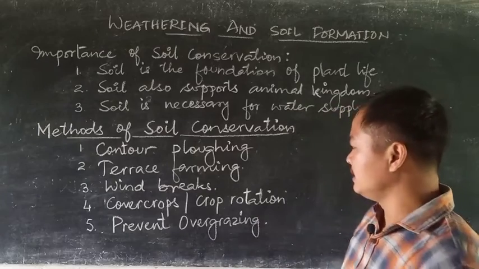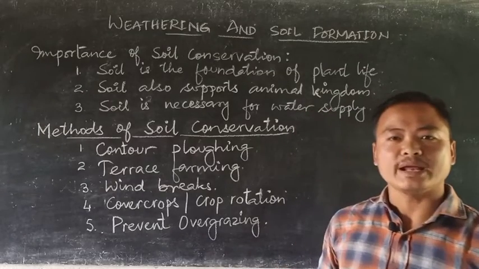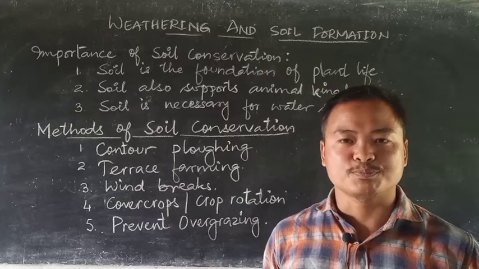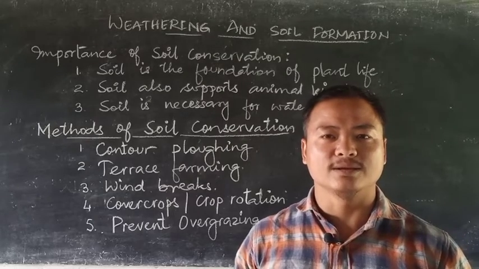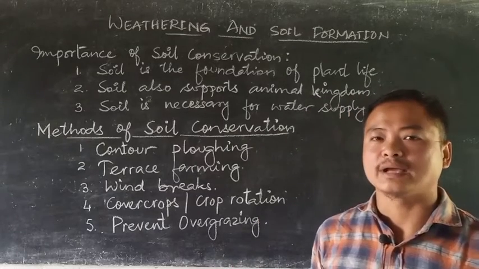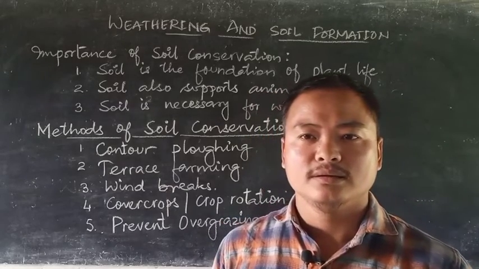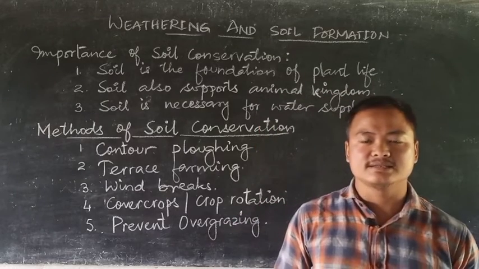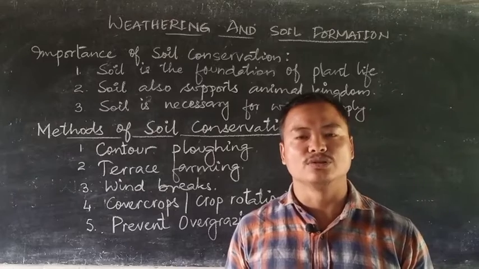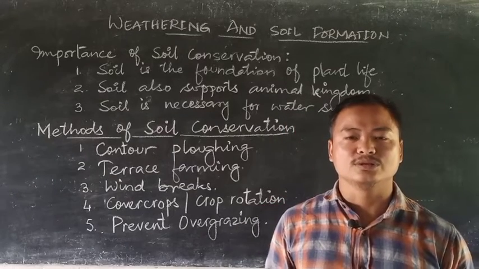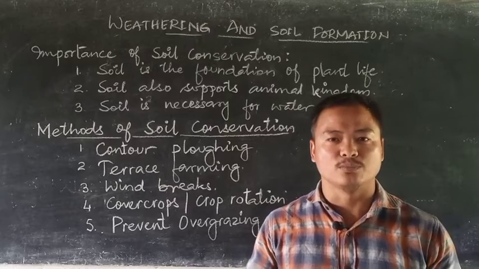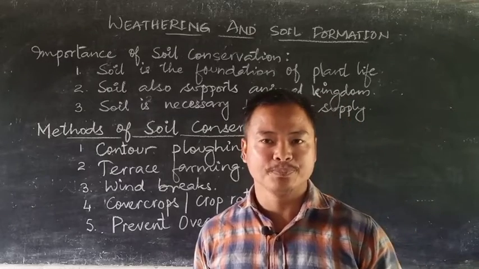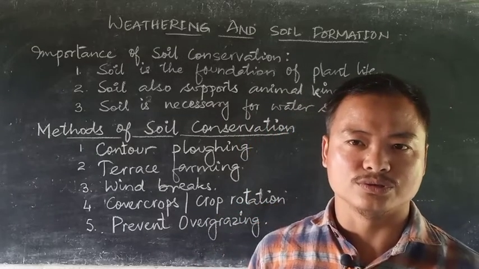The third that we have is windbreaks. Windbreaks are like obstructing the wind. That means the speed of the wind is broken and thereby the wind turns out to be slower. So how can it be done? Windbreaks are mostly made by planting trees around agricultural fields or open areas. The wind that blows at a higher velocity, when obstructed by those trees, recedes in its speed and starts blowing slowly. That also results in no erosion taking place.